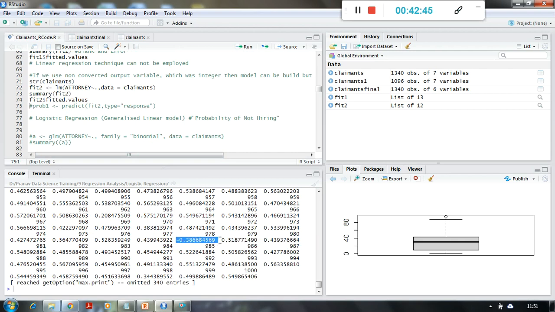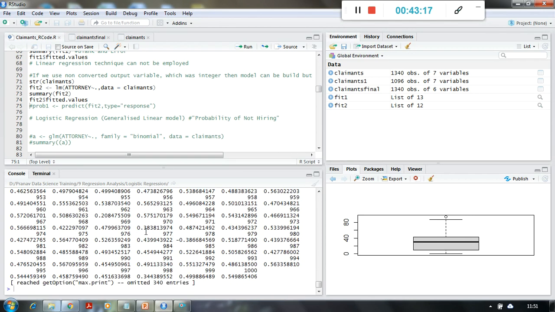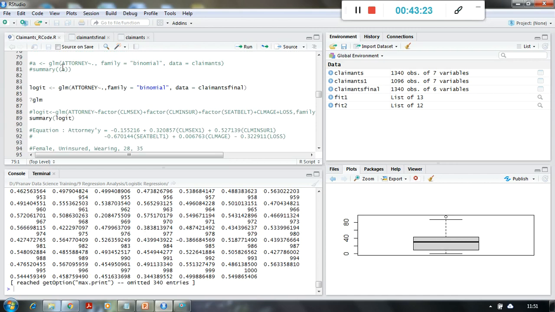Even if you check the fitted values, I'm getting the values also. But here you can see there are some negative values, right? And my output, which I am trying to find out, has only 2 classes, that is, it should be either 0 or 1. So I must get a probability as output, and probability cannot be negative. We have seen in basic statistics that the value of probability always lies between 0 and 1, right?